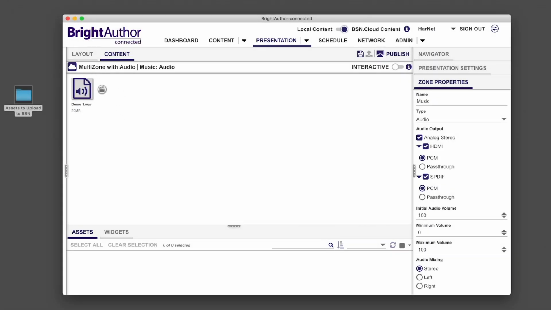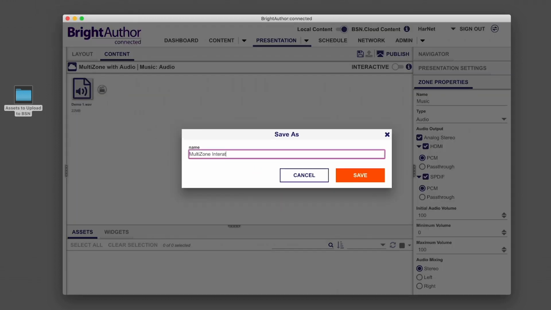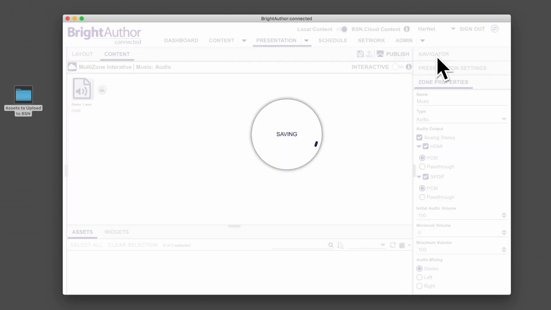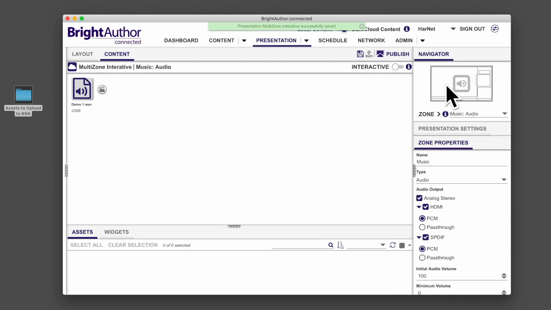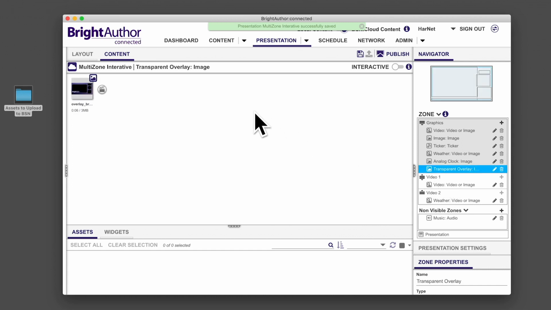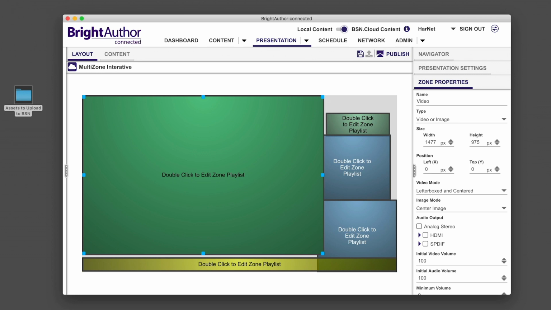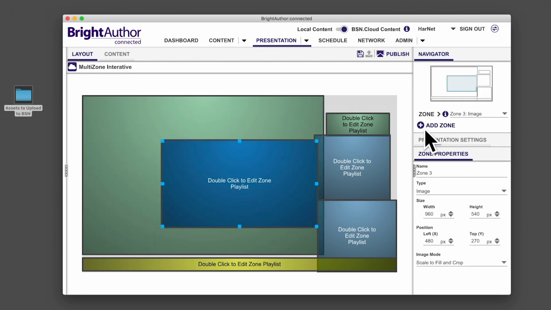Open up the latest version of the multi-zone presentation and save a new version as Multi-Zone Interactive. From the Layout tab, select the Overlay Image Zone and delete it entirely. We'll add it back to the presentation at the end of the tutorial. Now, let's make the thumbnail zones. From the navigator, press Add Zone 4 times.